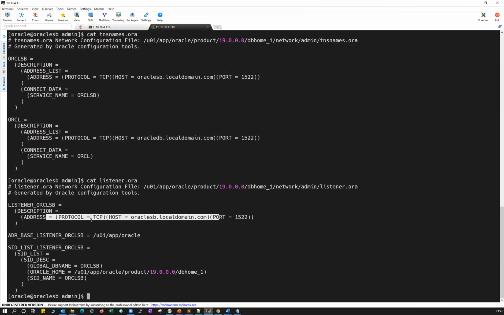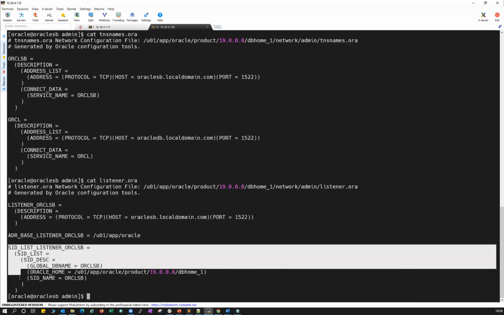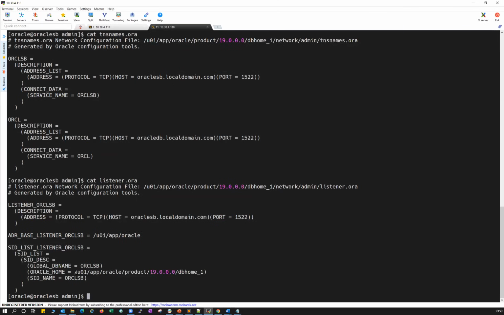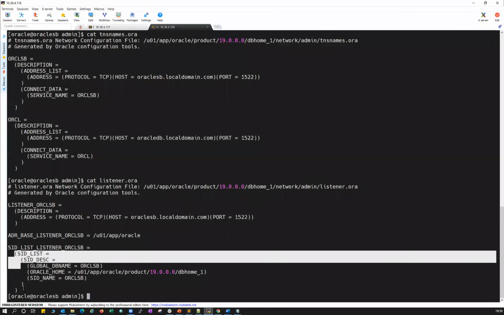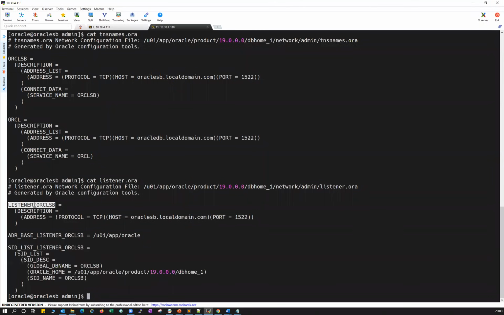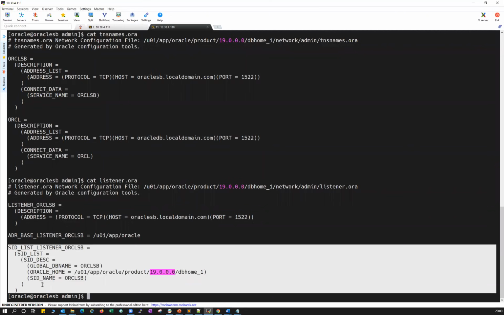These 3 are common. And apart from that, you are going to add the standby database detail at your listener side. If you see here, what is my Oracle home, what is my global name, and what is my SID. So I'm going to specifically mention my standby instance detail inside my listener. The moment you start your listener, automatically this instance or this database is getting registered with this listener. So I will show you that.